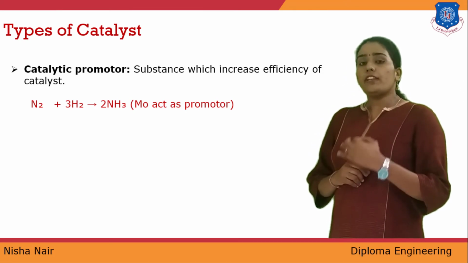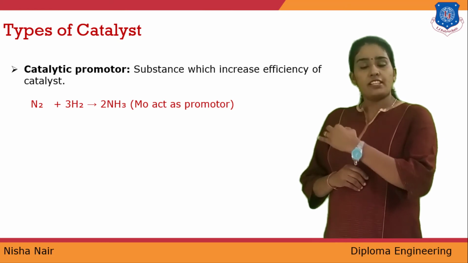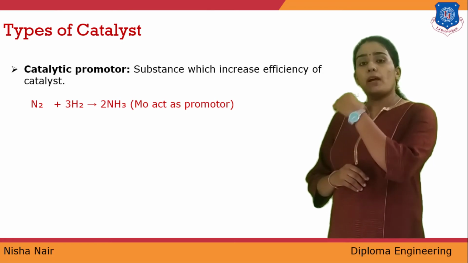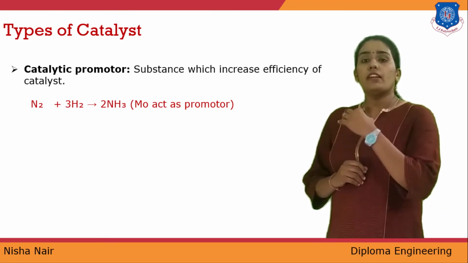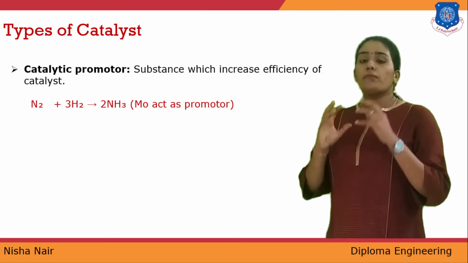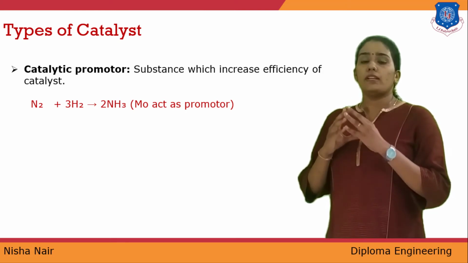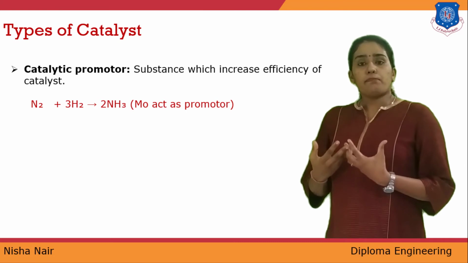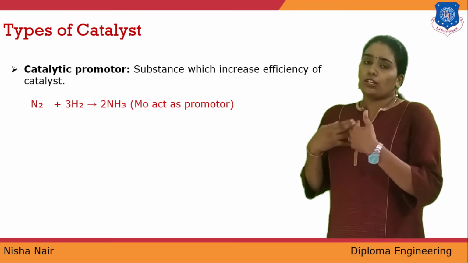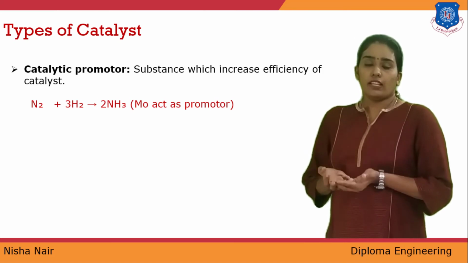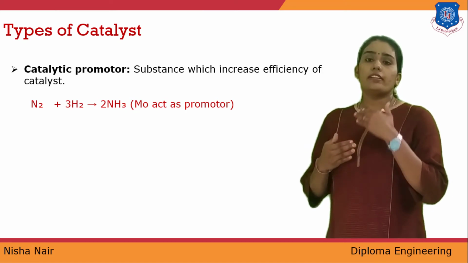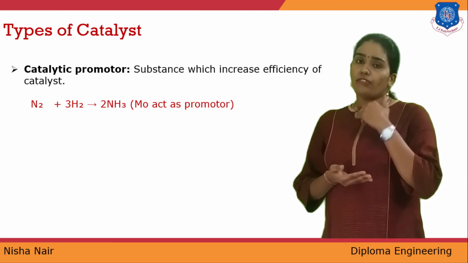So, if molybdenum, Mo, is added with iron, where iron is acting as a catalyst, molybdenum will promote the catalytic property of iron. Molybdenum will help to increase the catalytic property of iron. Molybdenum is not a catalyst. It is a promoter. From the word itself, it is a catalytic promoter, meaning such molecules will promote the catalytic properties of the catalyst. So here molybdenum will promote the catalytic properties of iron, and thus the rate of reaction will be more, hence we will get the product very fast. So catalytic promoters are those molecules which promote the properties or the rate of reaction of the catalyst.